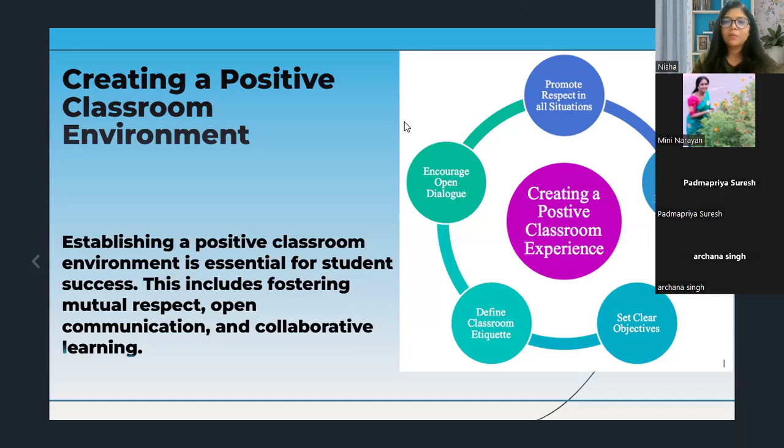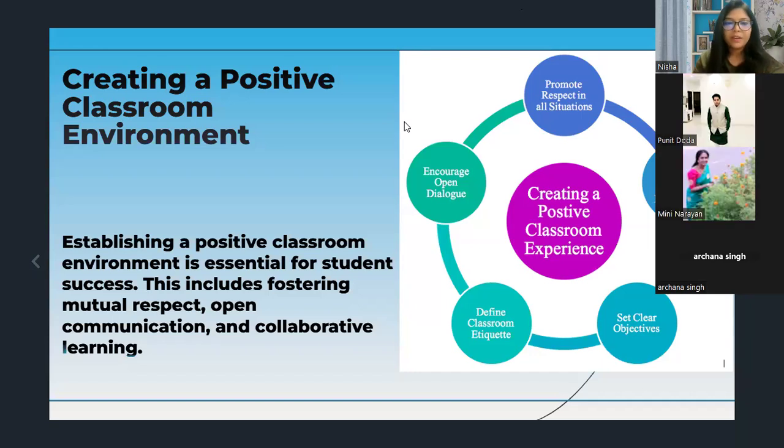So creating a positive classroom culture needs us to encourage our students to express their thoughts and ideas openly. Right? For example, if we are having a student of the week, we can highlight the students,